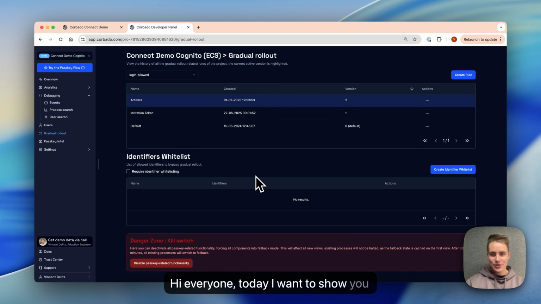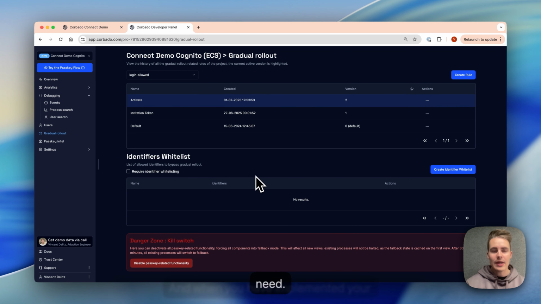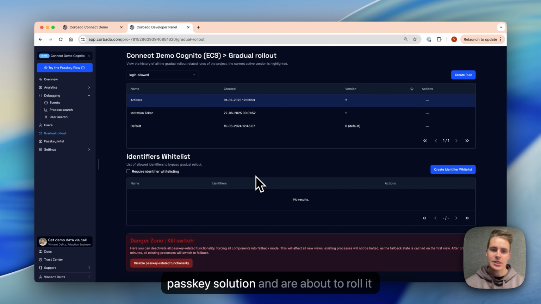Hi everyone, today I want to show you the Corbado Connect Gradual Rollout feature. It's a great feature that many large organizations with many users actually need. And when you have implemented your passkey solution and are about to roll it out to your customers, large organizations,